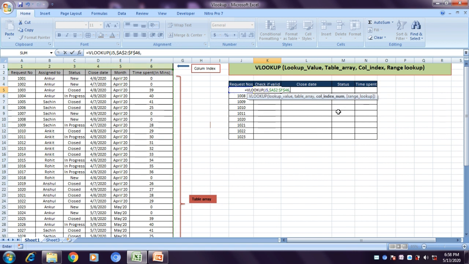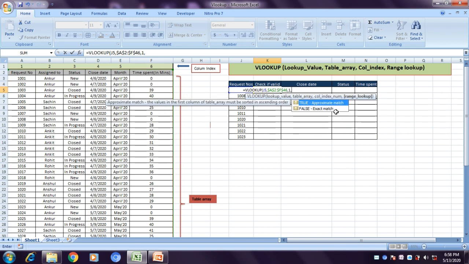Now, moving on to the next parameter, it's column index. So as I told you, column index is the number of column, the index of the column against your request, your search value you want to fetch out. So let's say I'm just checking if these values are valid. So I can simply pass on 1 and it will give me the request number if it exists.